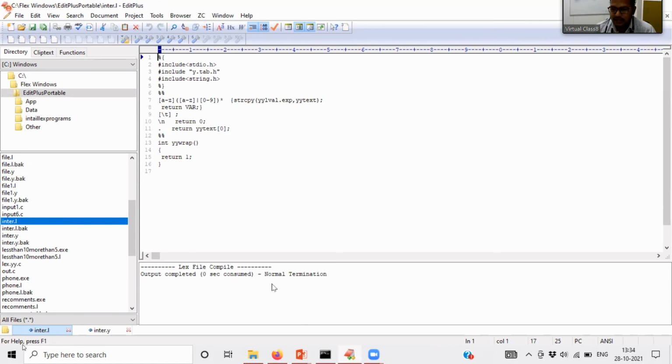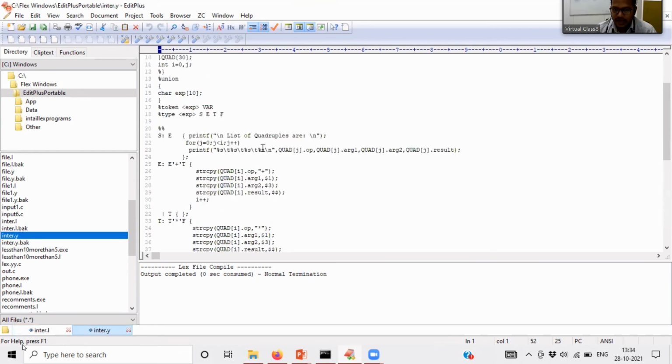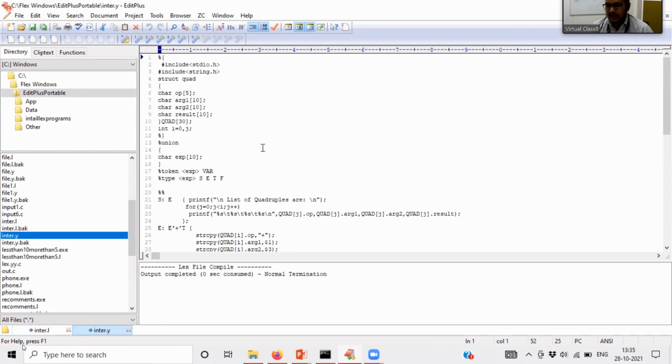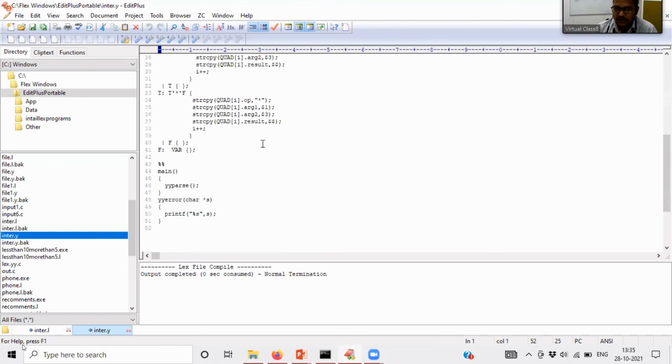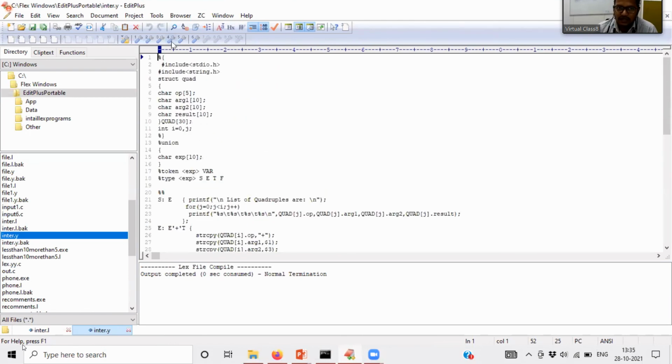When I compile this Lex program, there are no errors. Next, the YACC program. I'm executing the same thing I showed and compiling it with the YACC compiler.